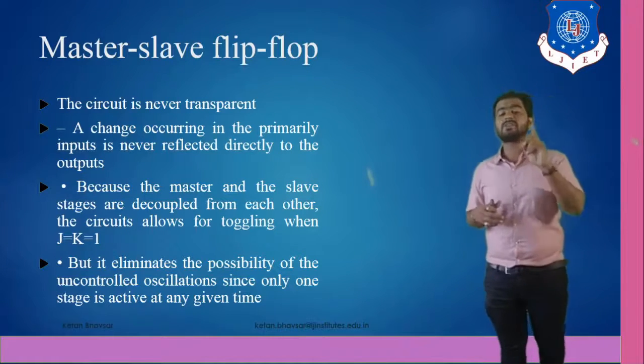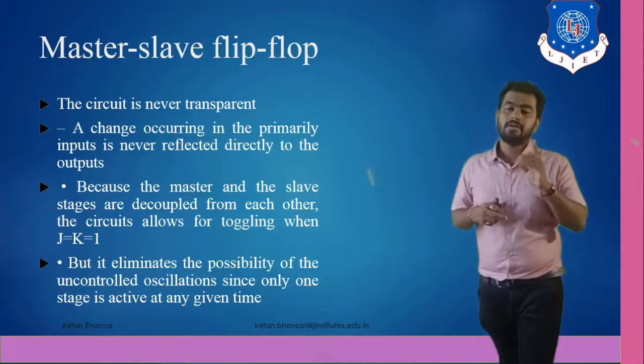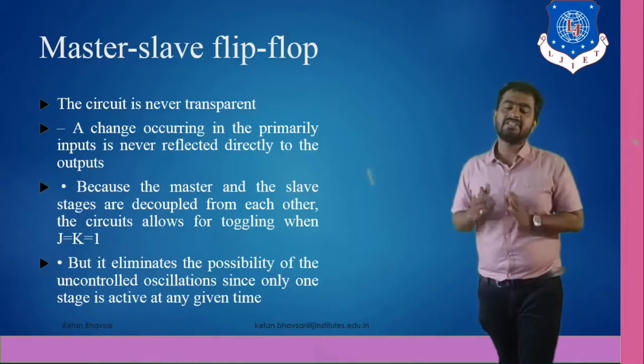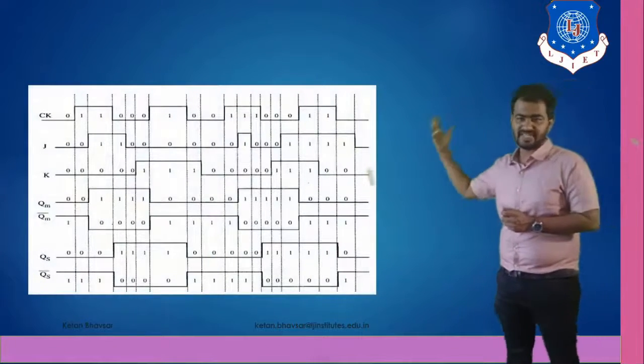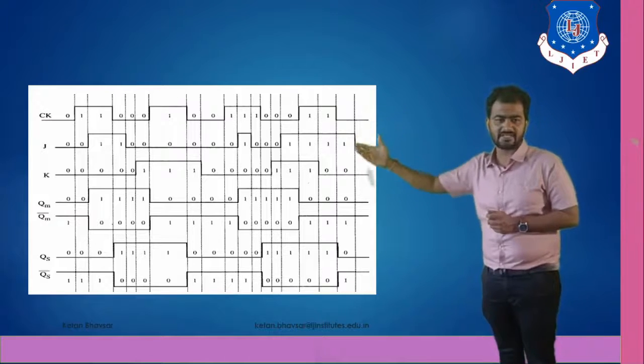And also your circuit does not enter an undefined condition. It is the main advantage of the JK flip-flop in terms of master and slave. So as you can see here, the truth table, or we can see the waveform configuration of clock pulse,